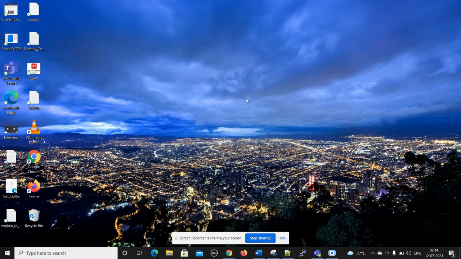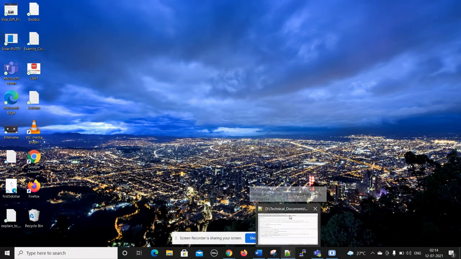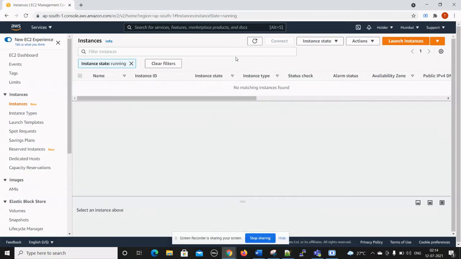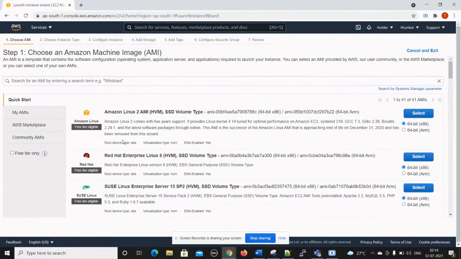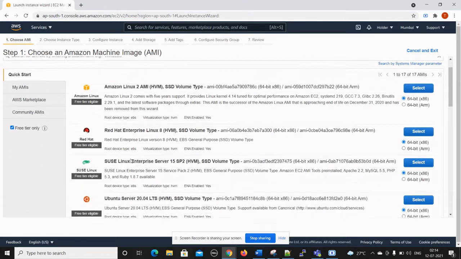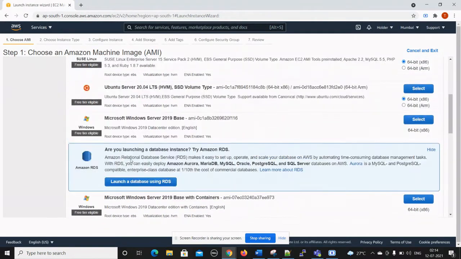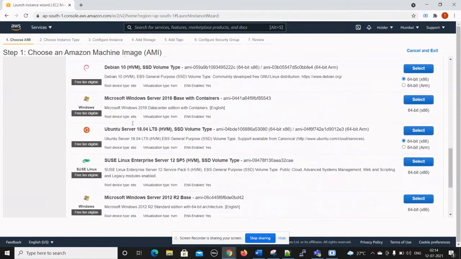So I have made certain notes. We will follow the same notes during this tutorial, but let's first spin up one of the instances on Amazon. So I'm going to take a free tier server, Ubuntu server, for this particular tutorial. I will take Ubuntu,